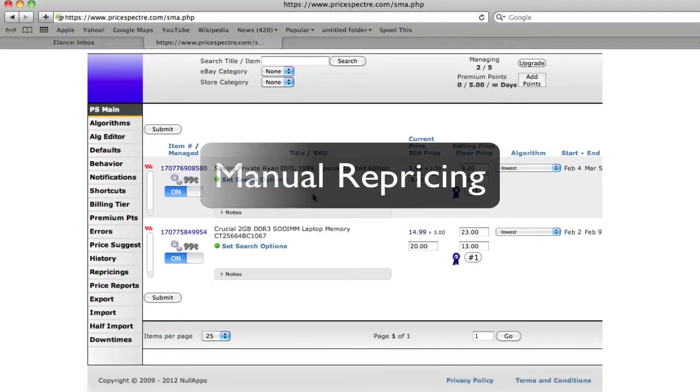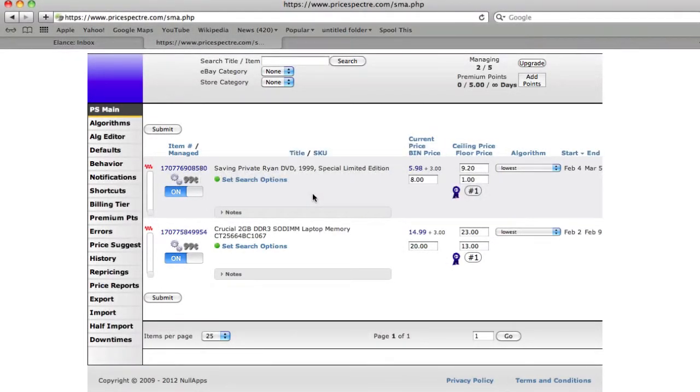I now want to talk to you in more detail about manual repricing. Manual repricing basically means Price Spectre will email you with price suggestions rather than automatically repricing your listings. So let's get going. I'm in Price Spectre's main interface right now, and here are my two listings that are